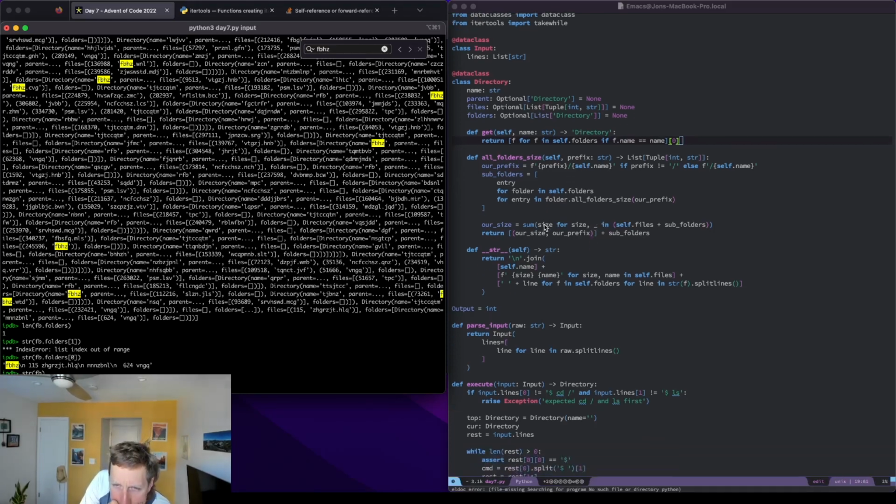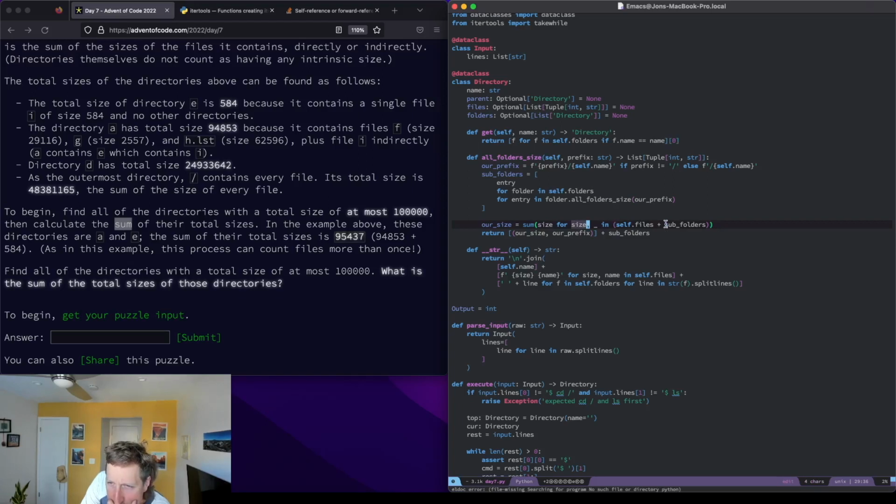So sum size for size in self.files plus subfolders. Oh, because this will double count a bunch of things. Ah, we found the bug. Okay, so what is the issue here? When we print the subfolder,